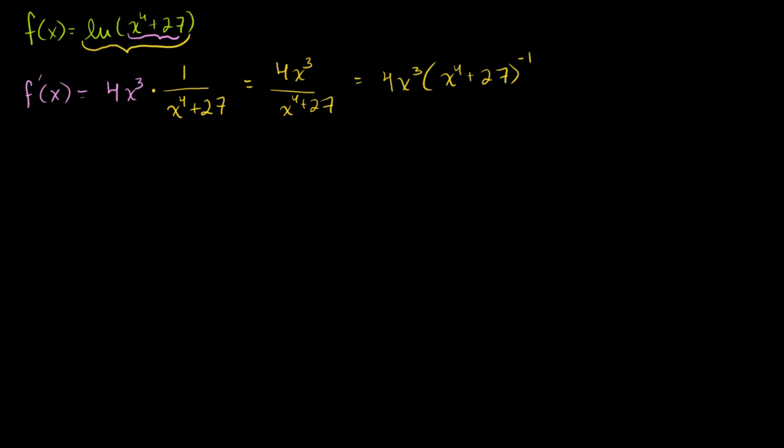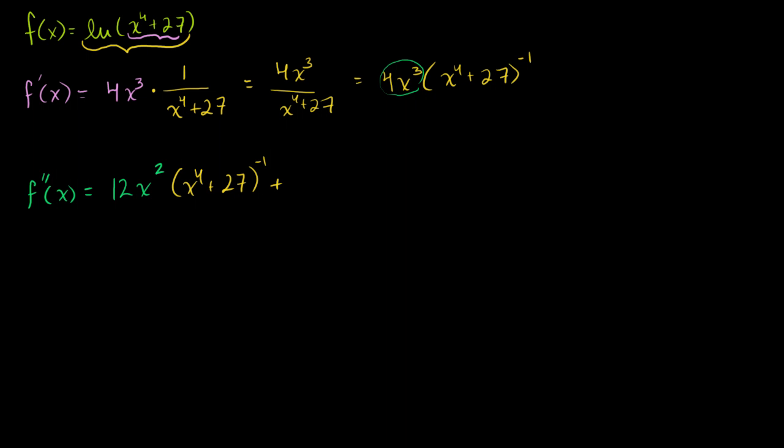Let's do our second derivative. Our second derivative, this looks like it'll get a little bit hairier. So our second derivative is the derivative of this. So it's equal to, we can now use the product rule. It's the derivative of this first expression times the second expression. So the derivative of this first expression, 3 times 4 is 12, 12x squared, right? We just decrement the 3 by 1, times the second expression, times x to the fourth plus 27 to the minus 1. And then to that, we want to add